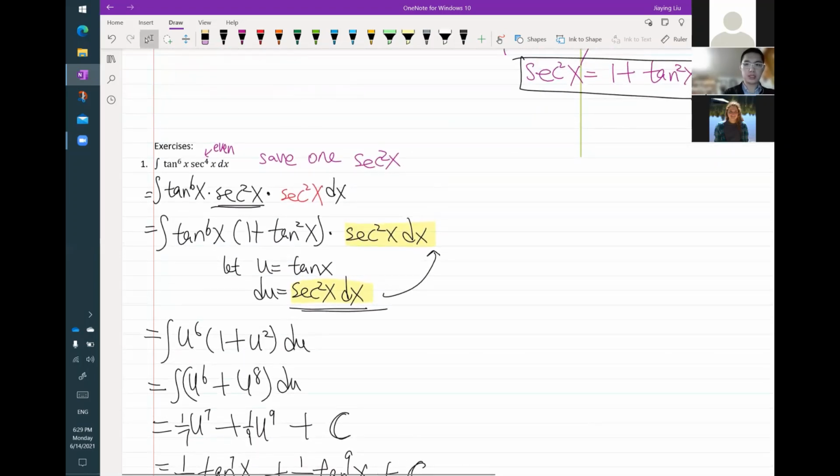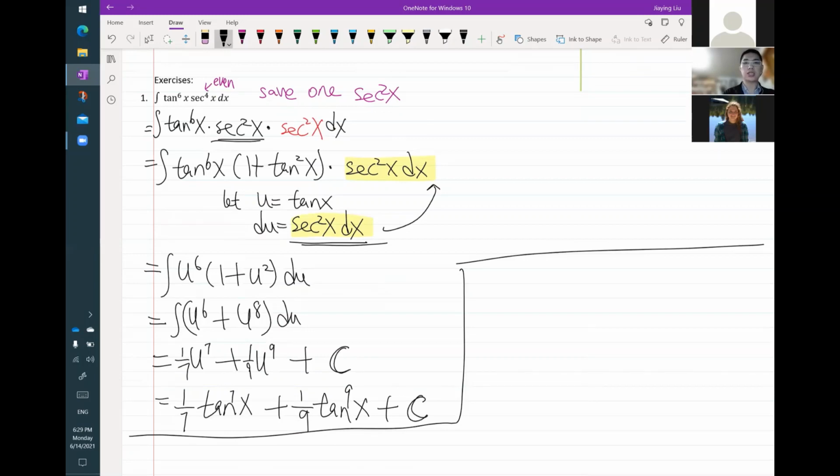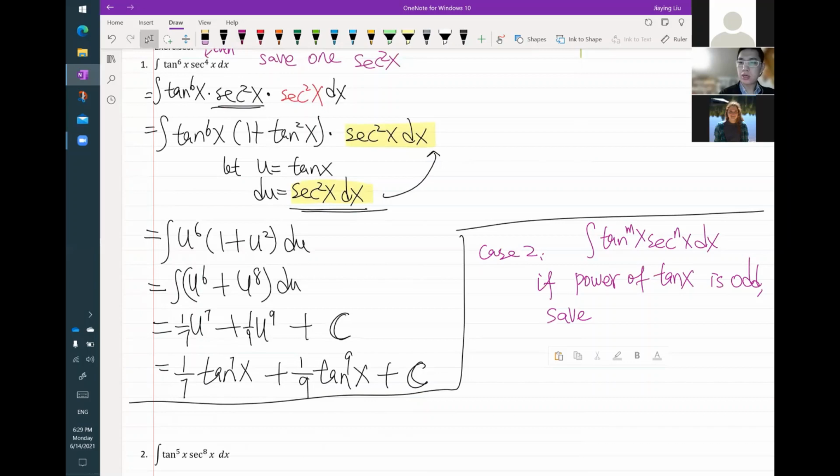Now here's the second case. I think I'm going to have to put it on the side, but for you, in your notebook, you can put them together with the first case. So the second case, the integral of tangent to the m x times secant to the n x dx. If the power of tangent is odd, and the power of secant is greater than or equal to 1,